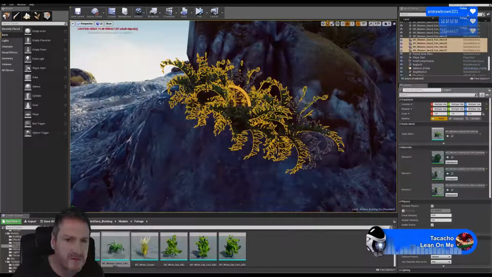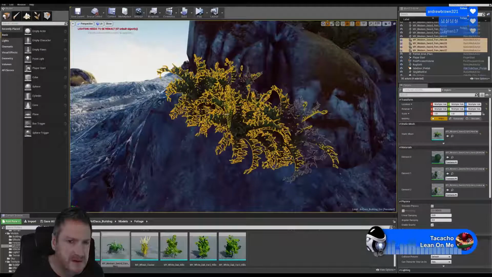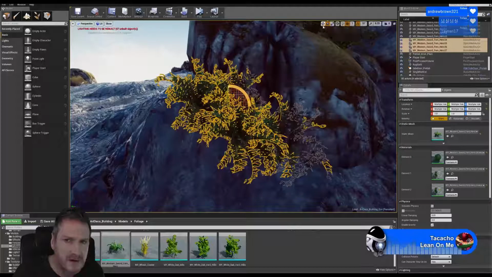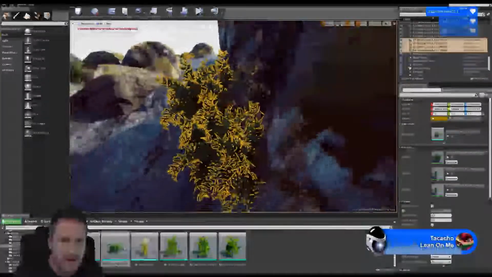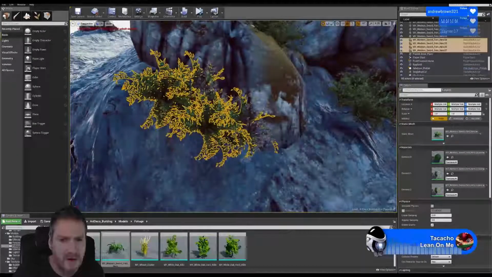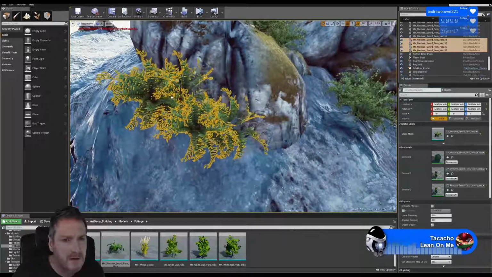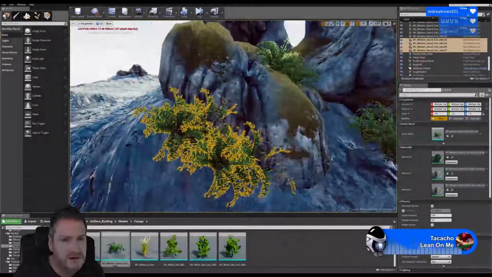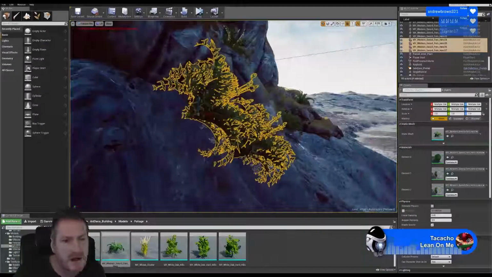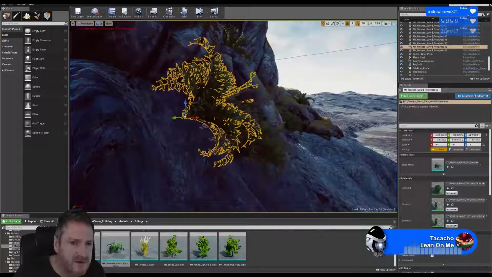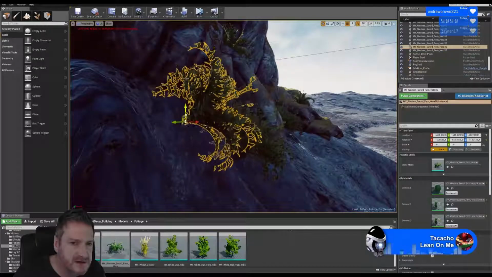Again, I want to rotate them more forward. Pull them over a little bit. Just want to make sure that they're actually sitting on that terrain. And if we have to move them by each individual one, we can do that. So